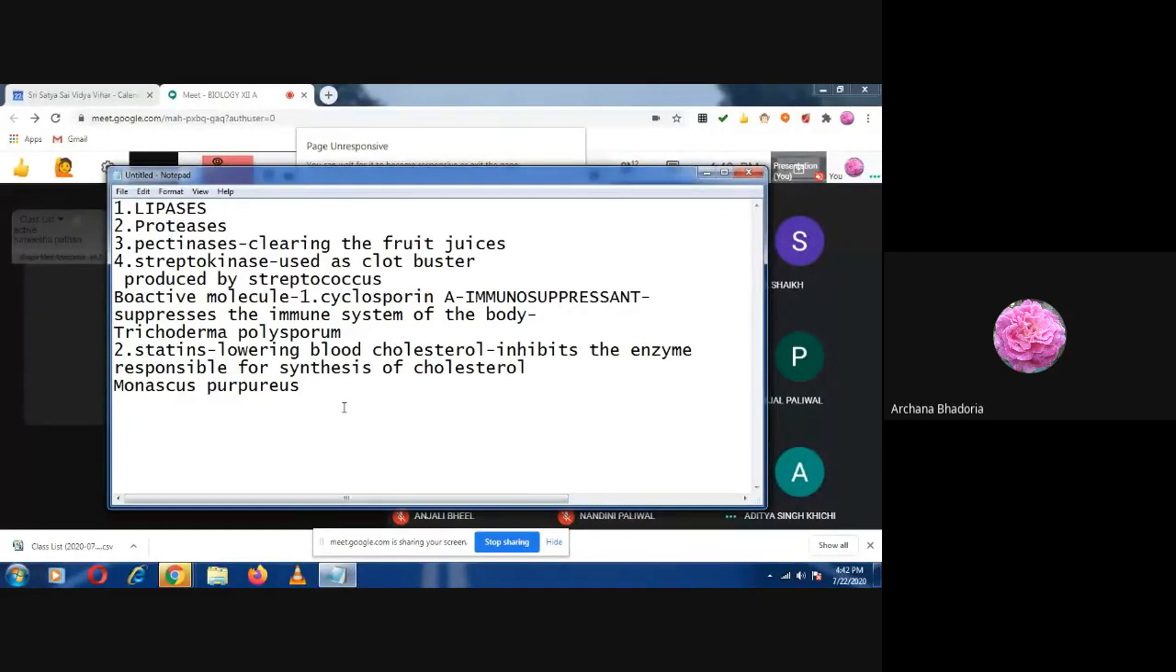So now we will take up microbes in sewage treatment. Pranjal, remember the name Trichoderma polysporum and the other name Monascus purpureus. Clear to everyone? Yes ma'am. So now we will take up microbes in sewage treatment. This is very important. The whole process of sewage treatment involves microbes, and without the microbes, the decomposition process of the sewage will not be done. And you all know the sewage